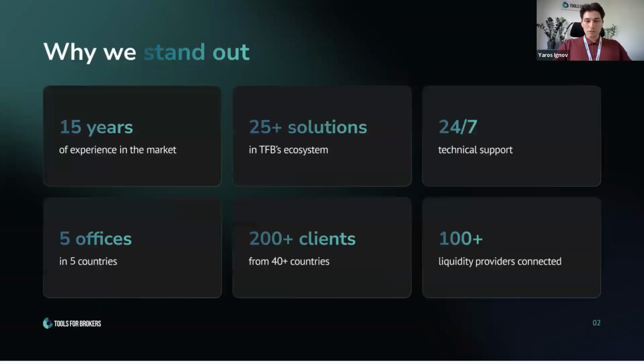And as part of a broader TFB ecosystem, we offer over 25 solutions, from our core infrastructure component, the trade processor, to a wide range of reporting, automation, and risk management tools, all designed to help brokers operate with greater efficiency on the market. And talking about the trends of this market, which is evolving at a blistering pace and